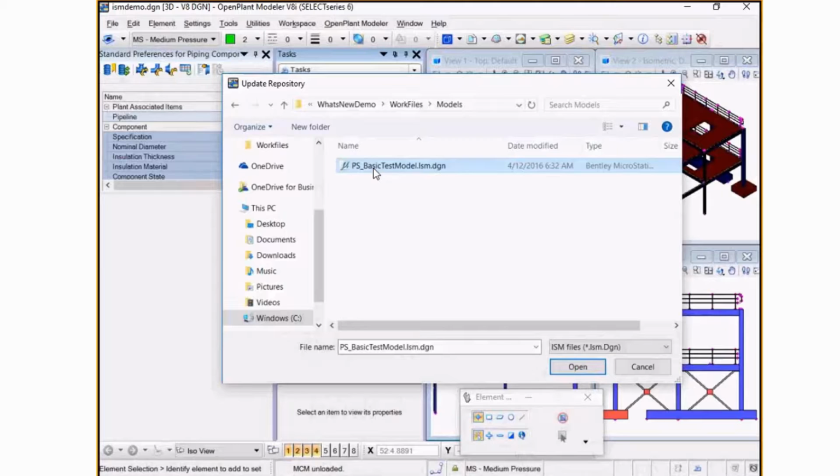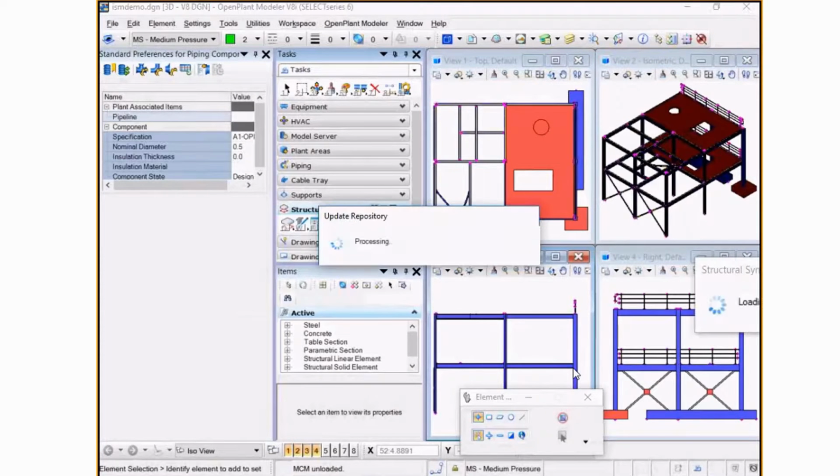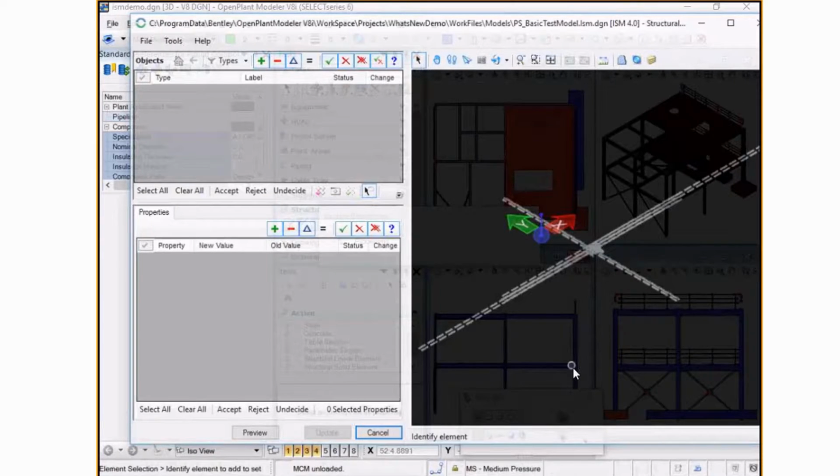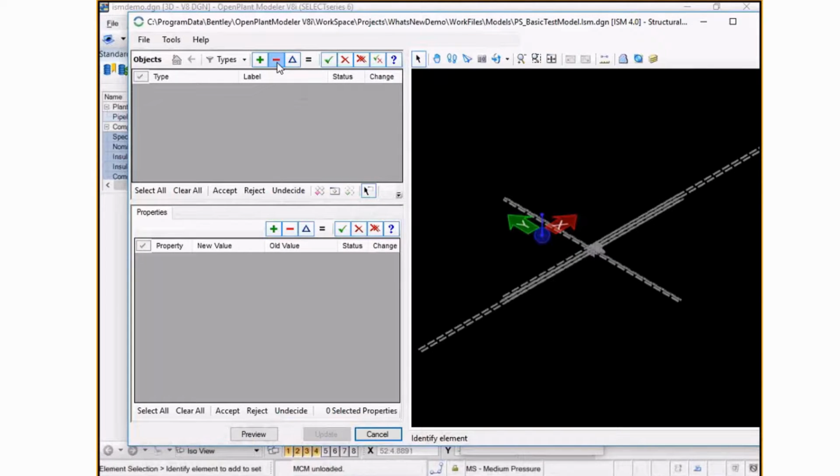So now doing an update, I can push any update that I do into the DGN or the structure elements into the ISM repository. Since I did not do any changes, my difference dialog on doing an update shows blank values. This is a similar dialog to what we throw when we do check-in and check-out in Open Plant Model Server operations, but with slight changes. The same is being used with ISM synchronization or update from repository.